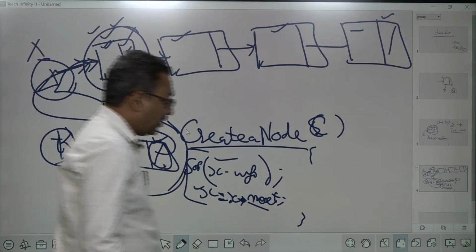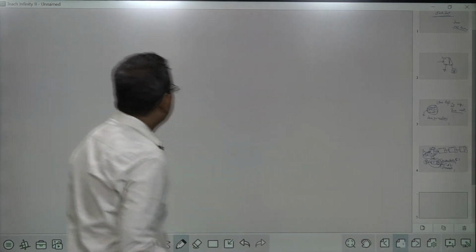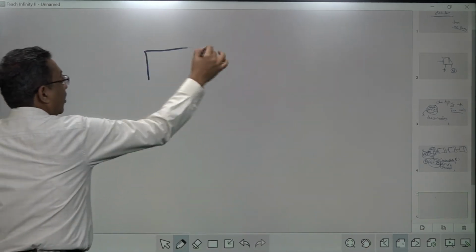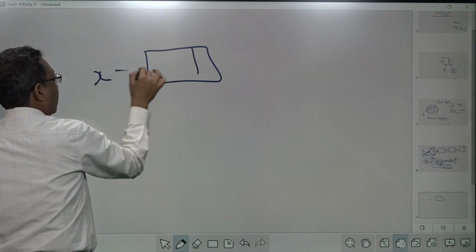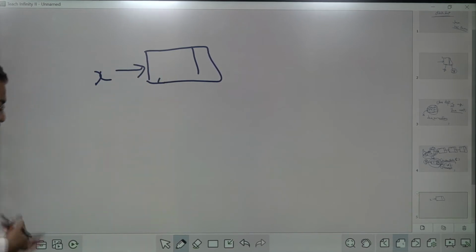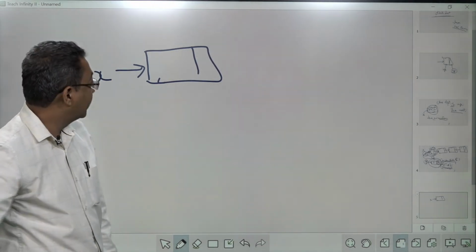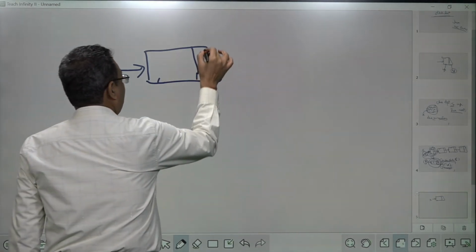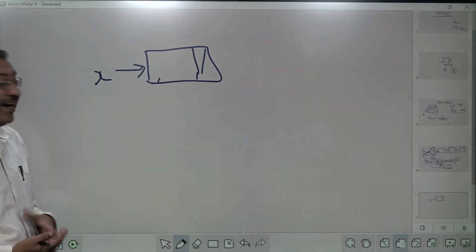Okay, let me create this diagram again. Okay, so I am expecting this one is the node that is already present in the linked list, right? And what my requirement is, I want to insert a new node at the end.